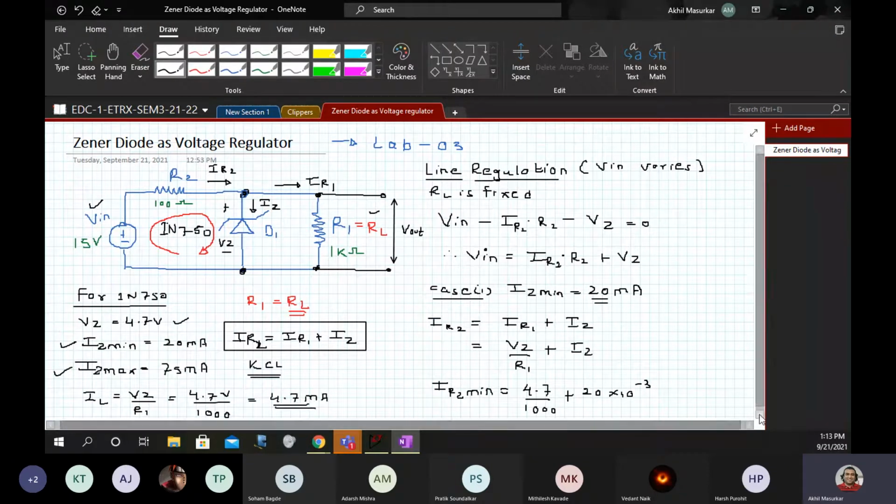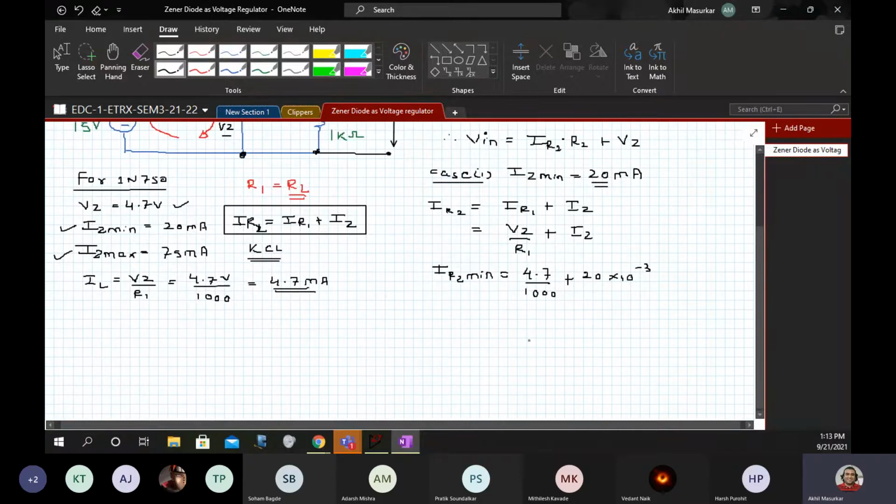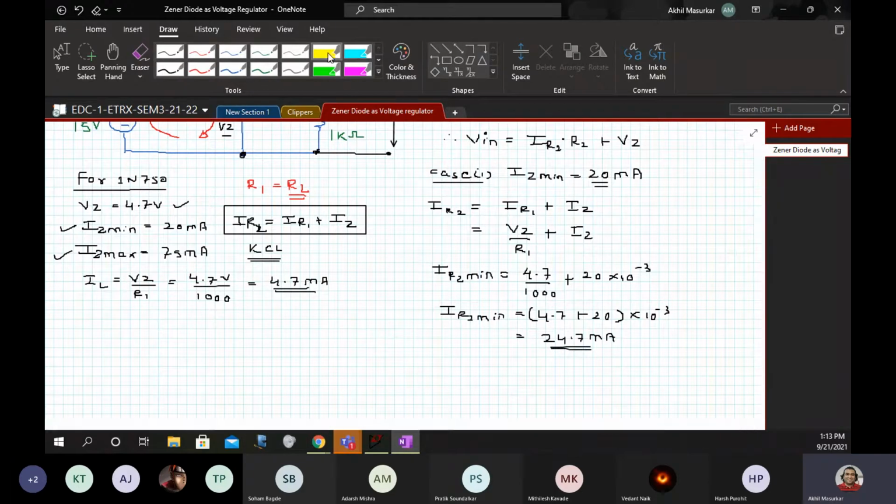So IR2 min becomes 4.7 milliamperes plus 20 milliamperes, which will be 24.7 milliamperes.